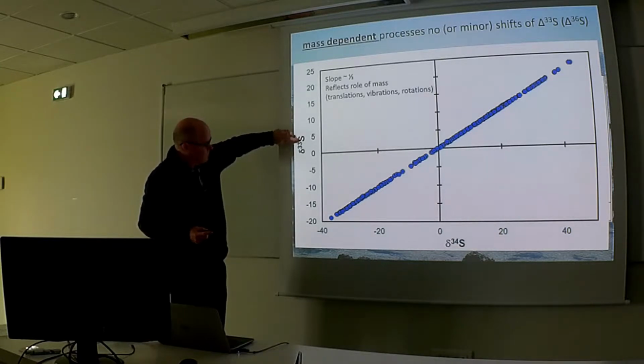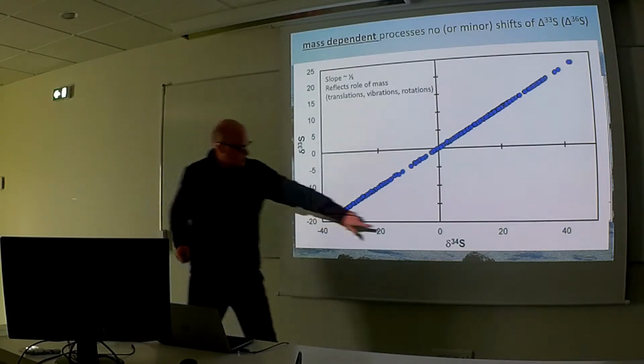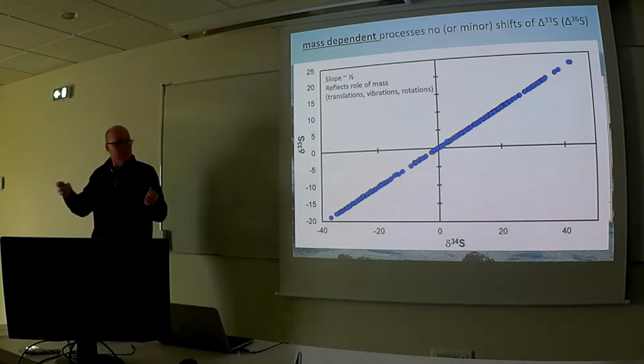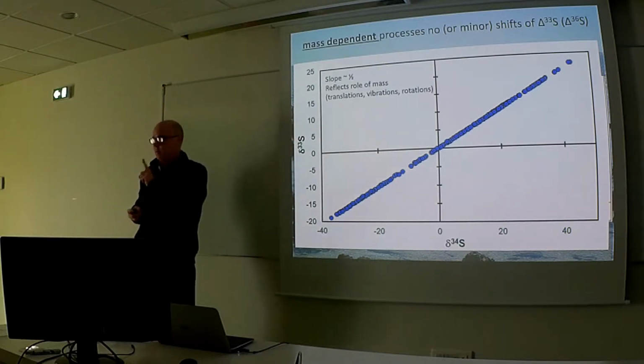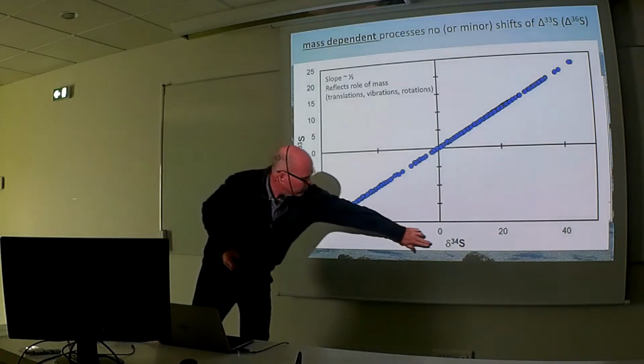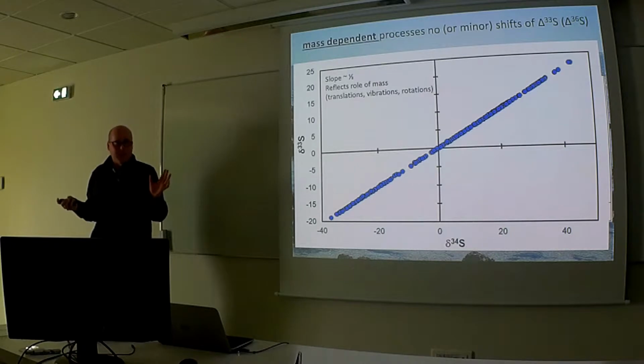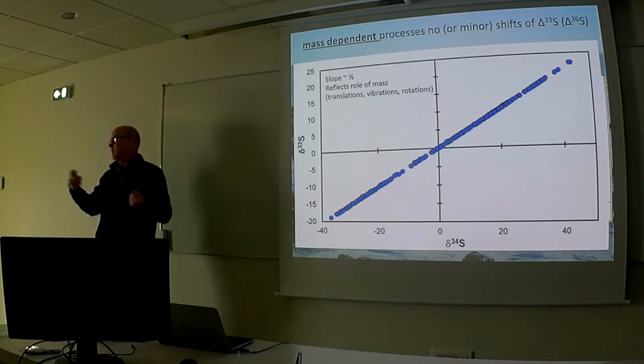Both of these things, if we looked at delta 33 versus delta 34, depend on the mass of the isotopes being substituted. For 33 versus 32, which is this ratio, it's 1 atomic mass unit. For 34 versus 32, which is this ratio, it's 2 atomic mass units. Basically, it ends up with a very tightly constrained relationship for those types of fractionations that generally follows a relationship where the sulfur 33 is fractionated by 1, whatever unit per mil, and the 34 is fractionated by twice,